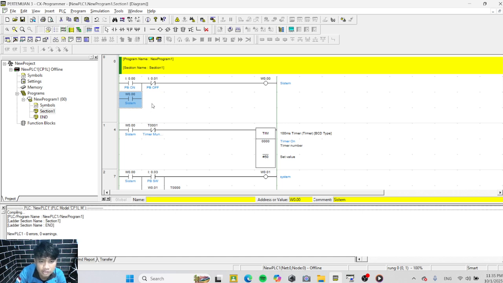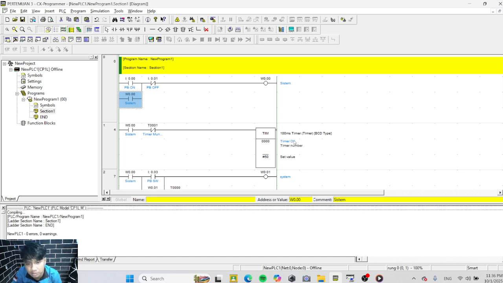Next, click new closed contact, add, and create 1001, with the comment timer. Next, click new PLC instruction.